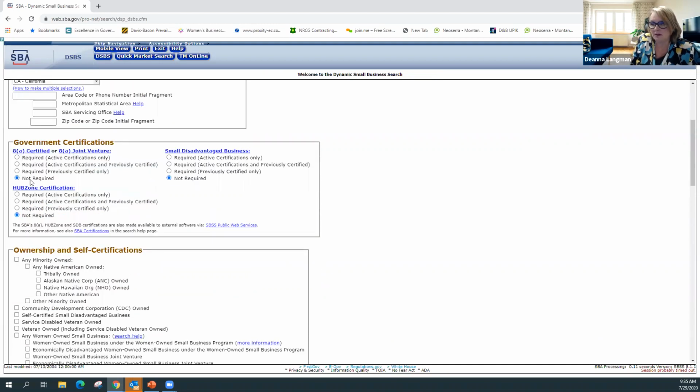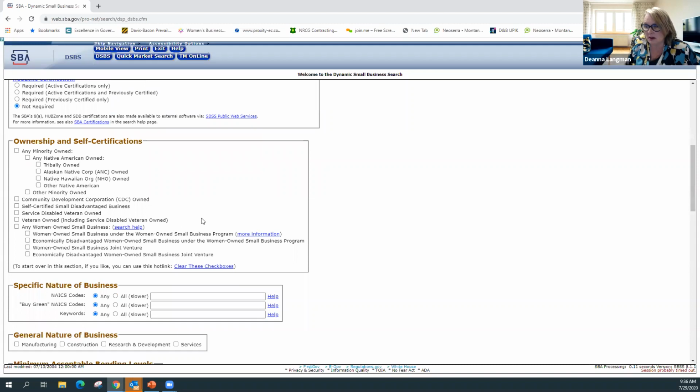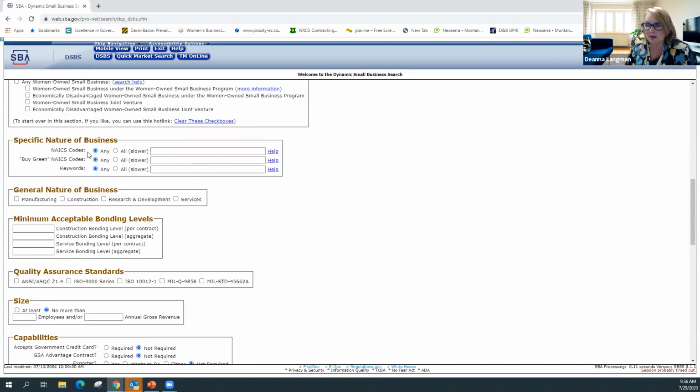You can filter by whether or not a company is HUBZone or 8(a), or they wouldn't be in here at all if they're not a small business. This is also the other reason your NAICS codes are important, because if you're not showing small under at least one NAICS code in your SAM registration, this profile won't even open up and you won't be able to fill it out. You can see all the different areas, but probably the most commonly used is searching by NAICS codes,